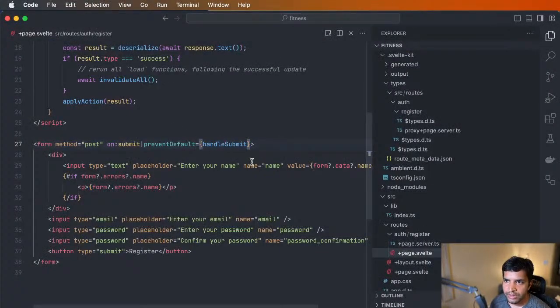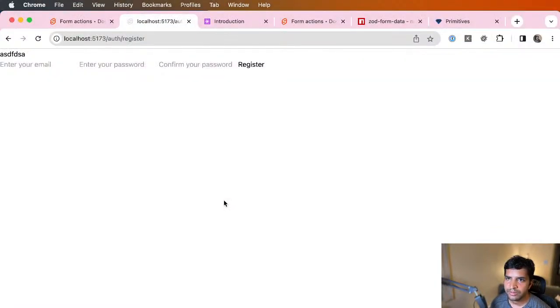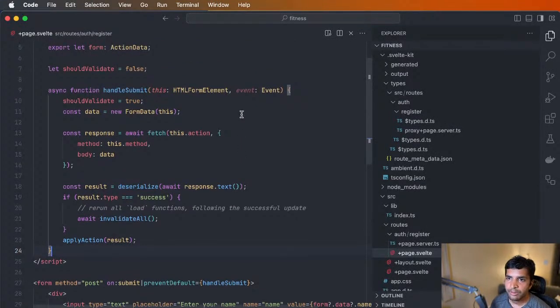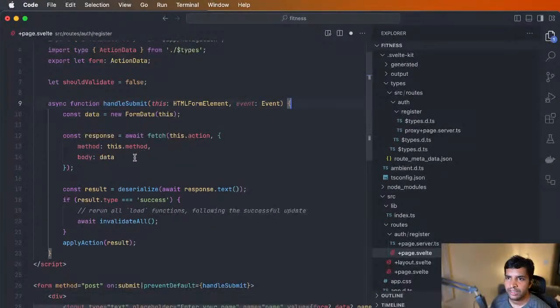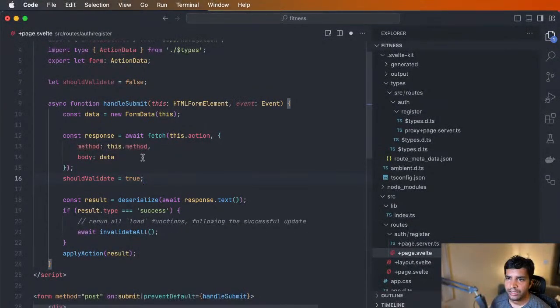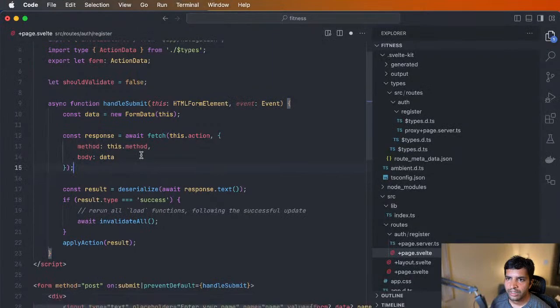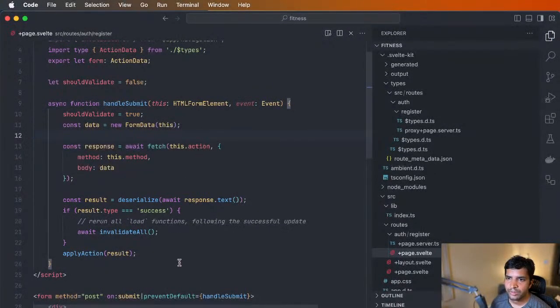Yeah, it's working as expected. Now, so this is how everything should happen, but